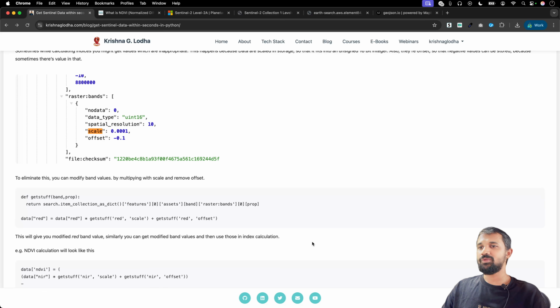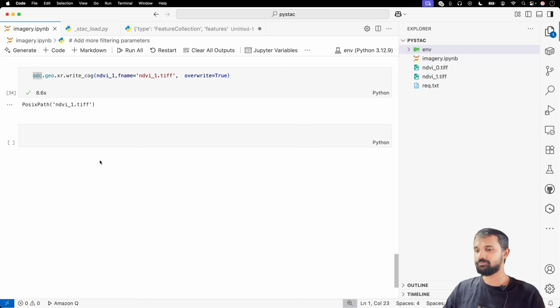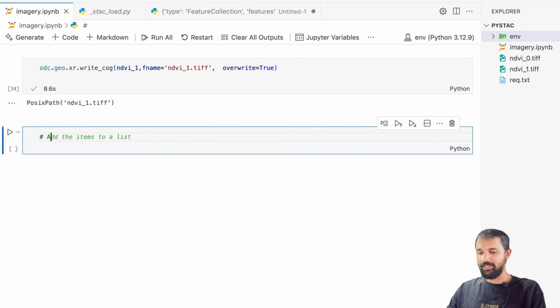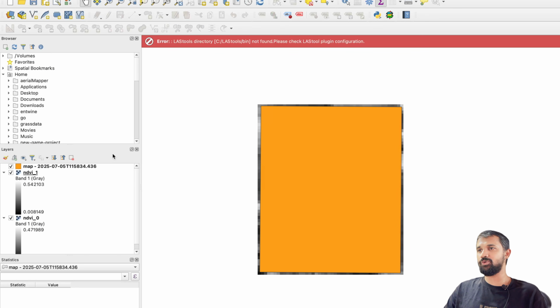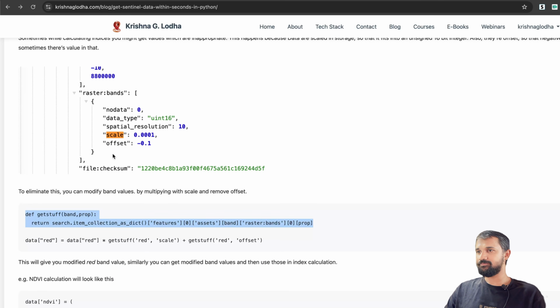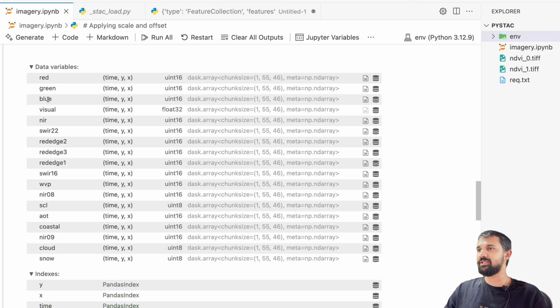So how do we do that? We can actually just write a function. So let me put that function over here. Let me write a comment saying applying scale and offset. So what we are doing is that we are looking at the band and that particular property. Of course, we are interested in getting this scale and offset, right? Now what we want to do is replace this data.red. If you remember, data.red is something that we have over here. So here we go. You have all of these values